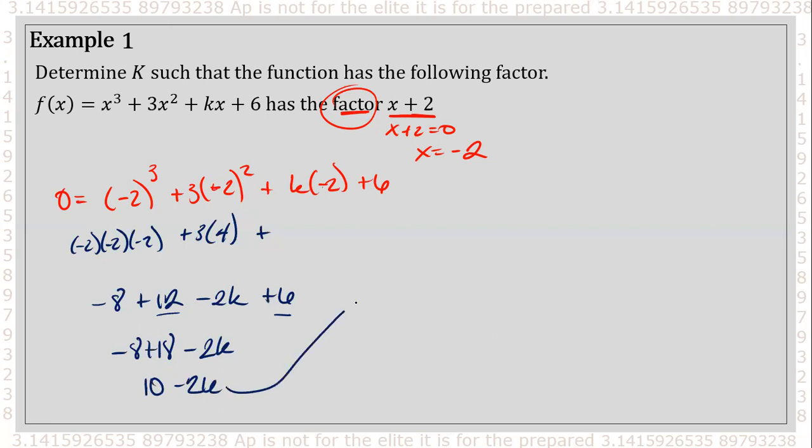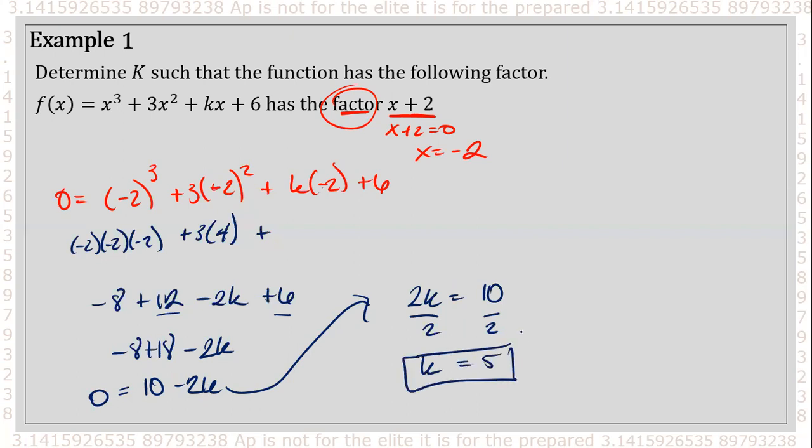And I can go ahead and solve for it. Let me give myself more space. Because all of this equals 0, if I move the 2k to the left, I get that 2k equals 10. And I can solve for k by dividing by 2. So k is equal to 5. So if they're asking you to find this value, I want you to know that if it says it's a factor, you could use synthetic division, or you can use the same method to find out what